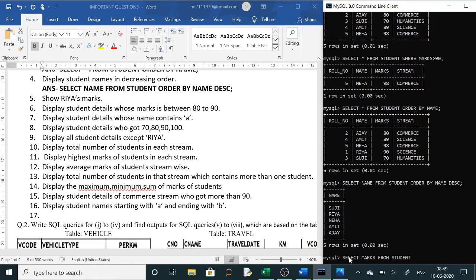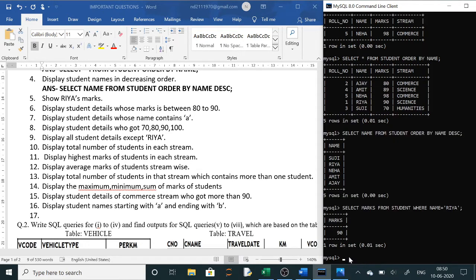And whose marks you have to show? Where condition you have to use. Where name equals to, now a string is always written in quotes, so where name equals to Riya. Semicolon. Now it is showing Riya got 90 marks. Clear? So this is the answer of this question.